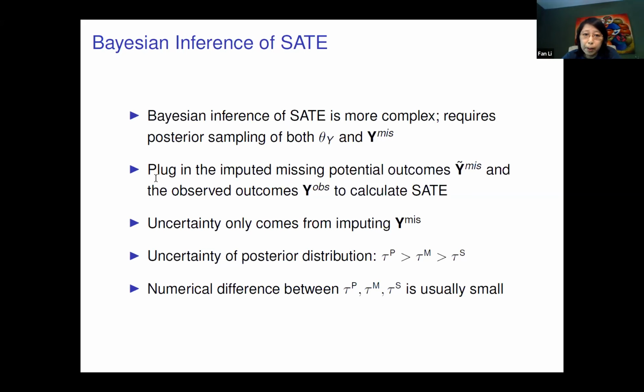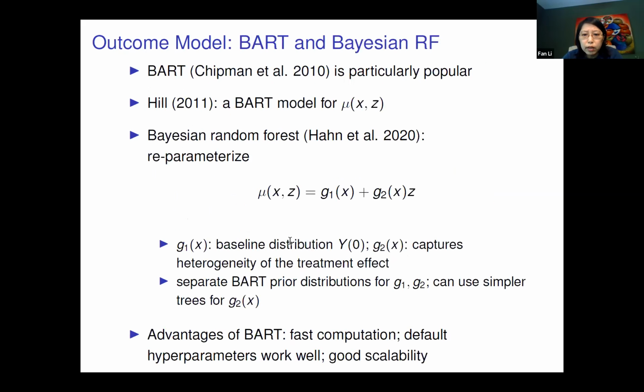Then you plug in the imputed missing potential outcomes, and then you plug in things. So once you have Y miss, of course, you can just plug in whatever estimand, and then you get it. So the key thing here is the uncertainty only comes from imputing